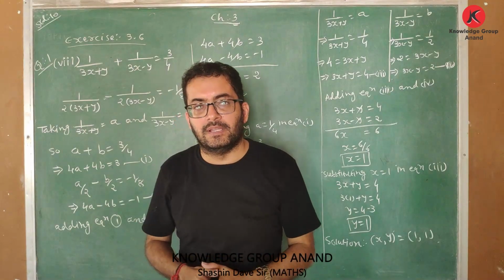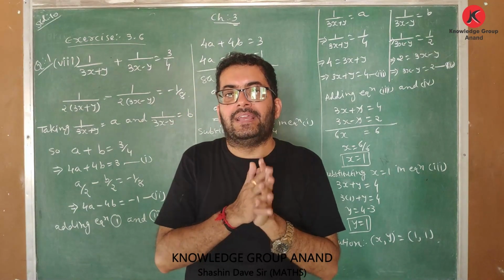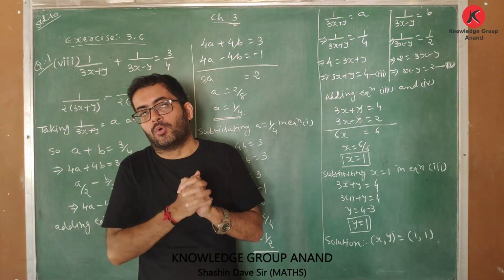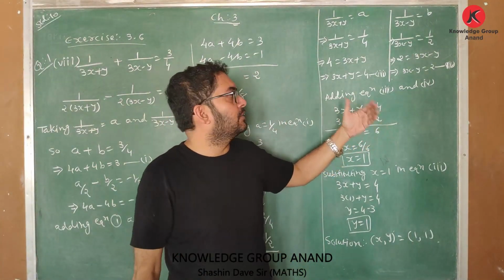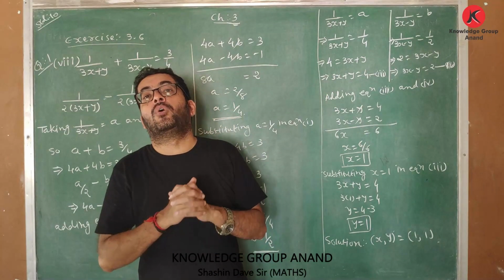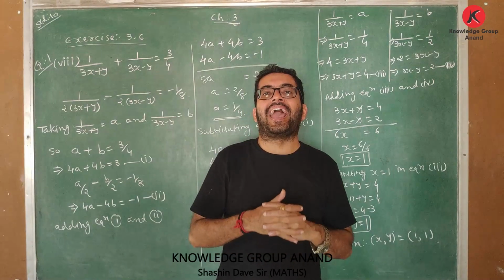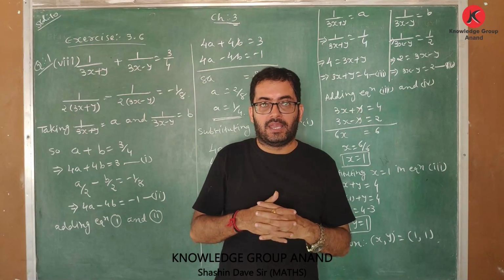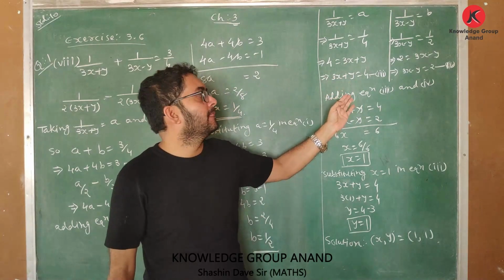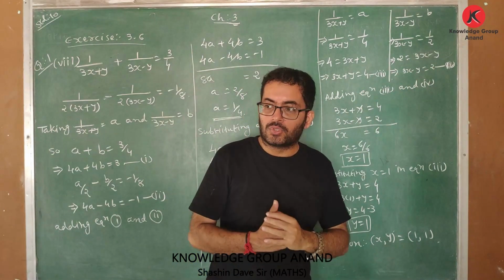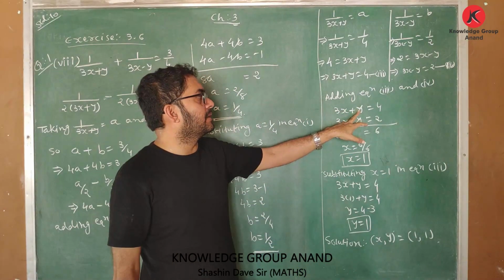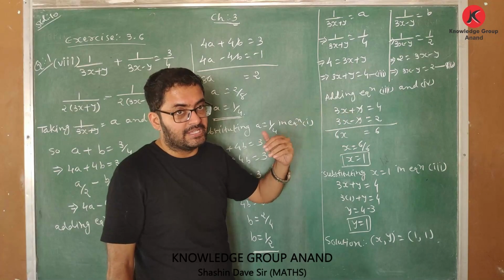So as I said previously, you won't outrightly get the values of x and y. In this kind of sum, you will get two more equations, which I named as equation number 3 and equation number 4. Now, in order to get the values of x and y, I need to solve these two equations, that is equation number 3 and equation number 4. So to solve them, I have written them side by side. Now, as you can see, the plus y and minus y coefficients are the same and the sign is opposite.